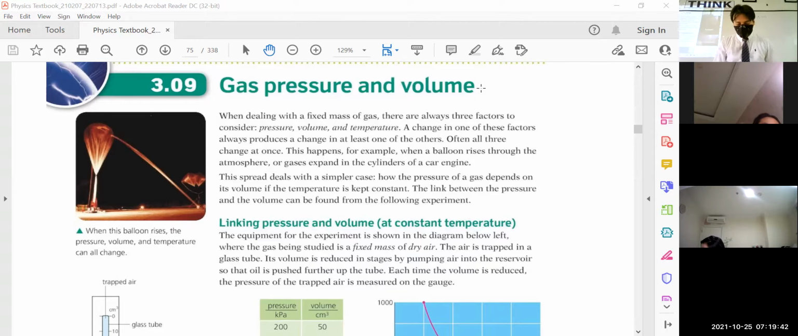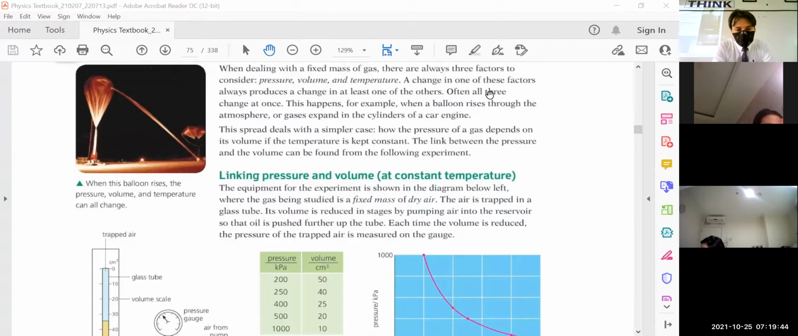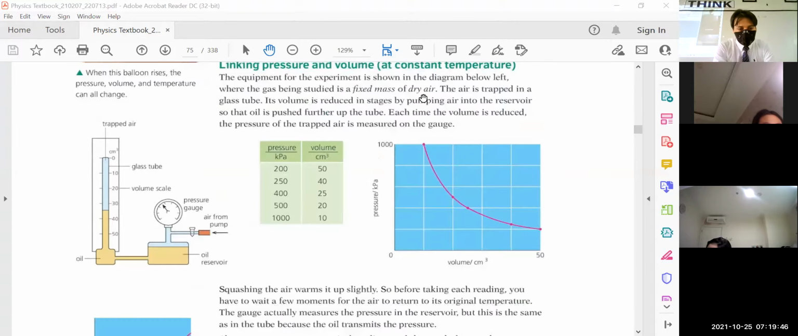If you see here on the screen, children, look at this diagram. In this figure, what do we have? You can find here that a gas is trapped in a tube. A gas is there. Some oil is filled. A pressure gauge meter is there. And basically we have a setup. In this setup,